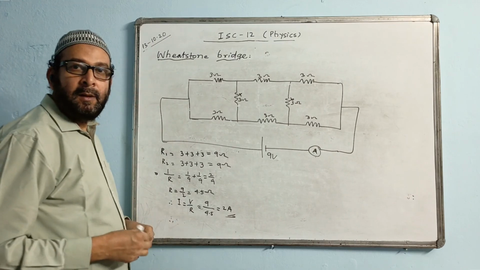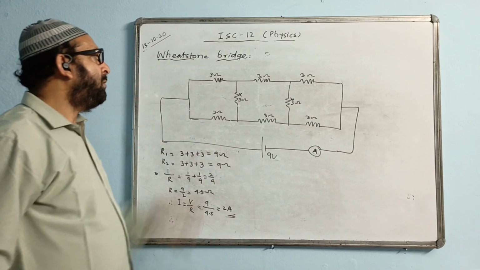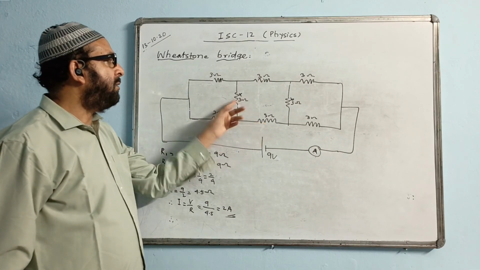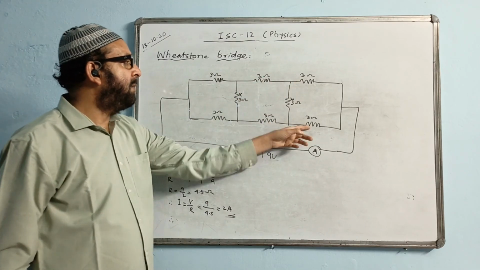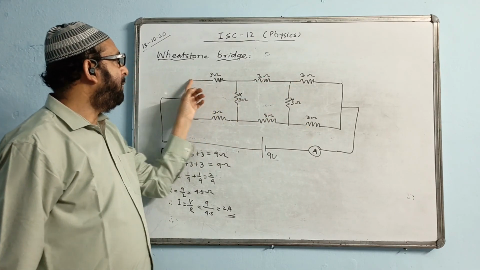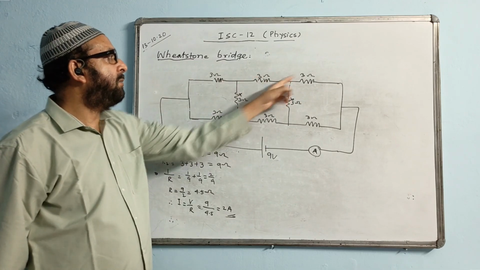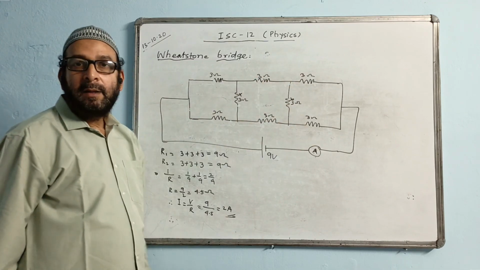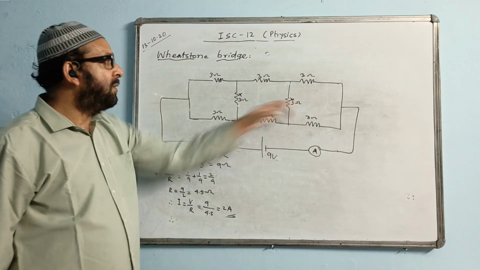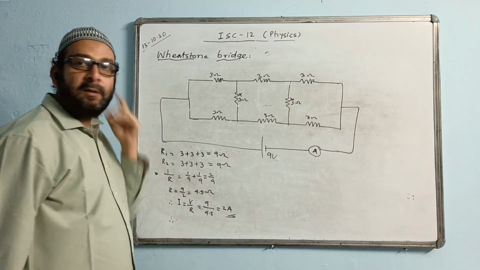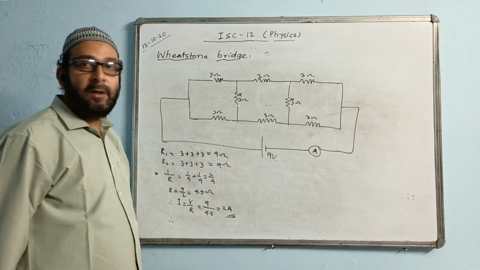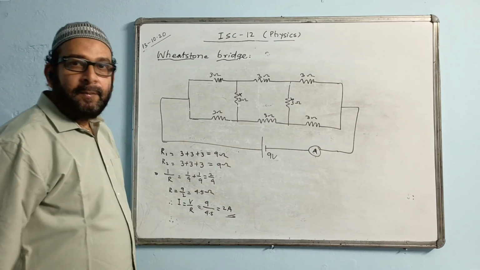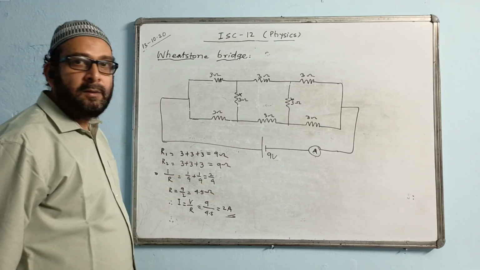This is the answer. So this is also a kind of ratio. This by this equal to this by this, so not to consider this. Or you can take from here to here total. This is 6 by 3. Again here also 6 by 3. Ratios are again coming equal. So not to consider this, and then find the answer. That means these three are in series. These three are also in series. So this is the solution for this question.